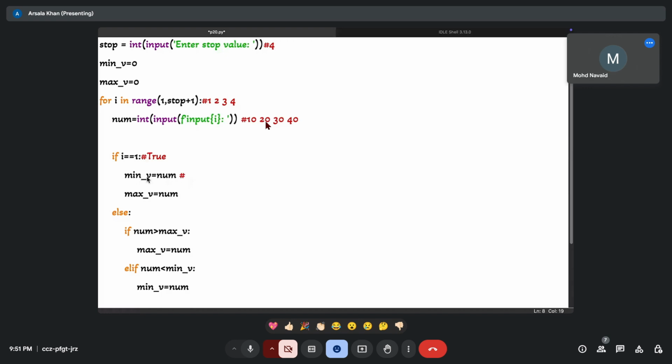Here minimum value is initialized with 0, and we are writing min value is equal to num. Our num value is 10. So in min value we initialize 10. Here it will come: max value is equal to num. Max value is 0 and num value is 10. It will initialize 10 here,